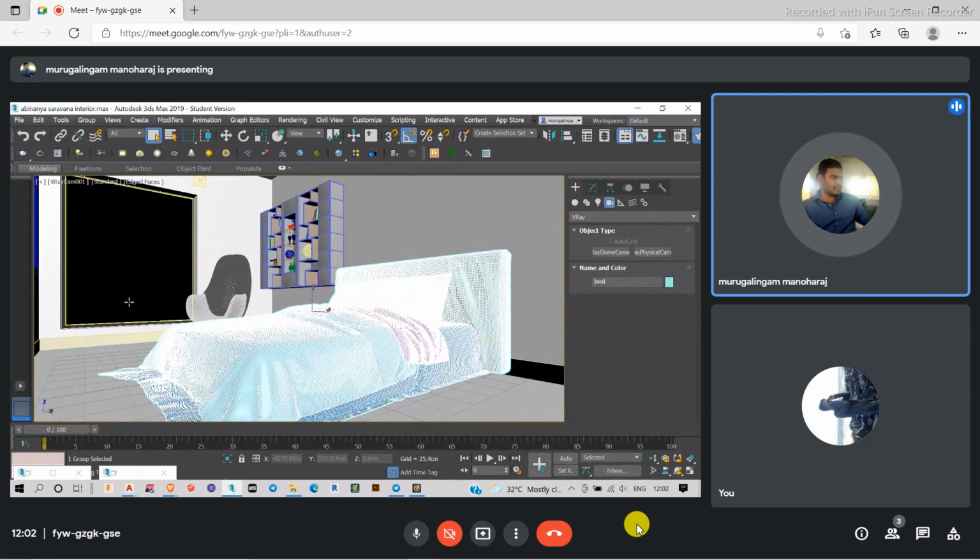They are not focused on where the column is going to come, what the size of the column is, or where the beam is going to come. They are just concerned about how it is going to look. For me, these things are not important at all. After the architect finishes his work, he will give the work to me. When he gives it to me, I just reduce the transparency of these architectural things. I don't want the chairs and those things. Instead of deleting them, I can just reduce their transparency so that it won't disturb me.